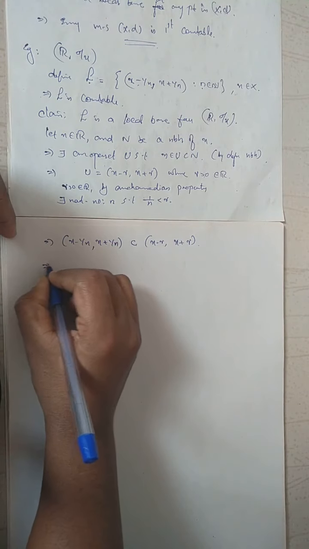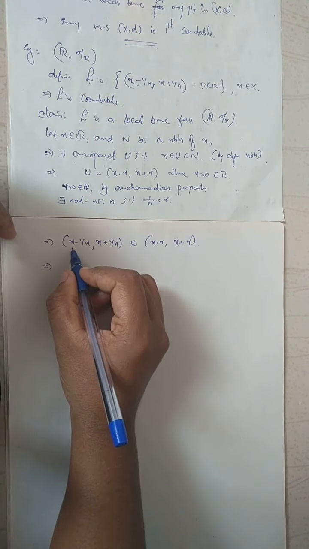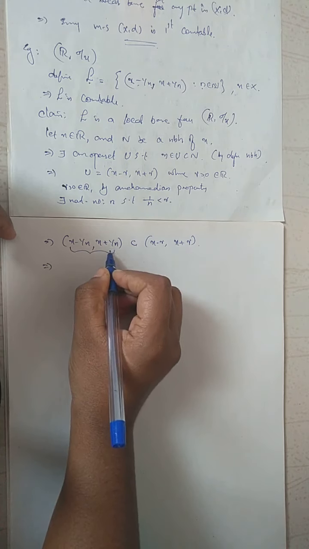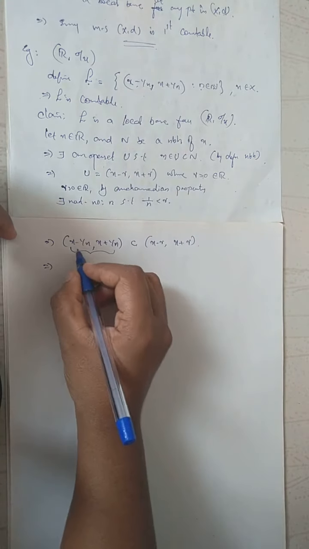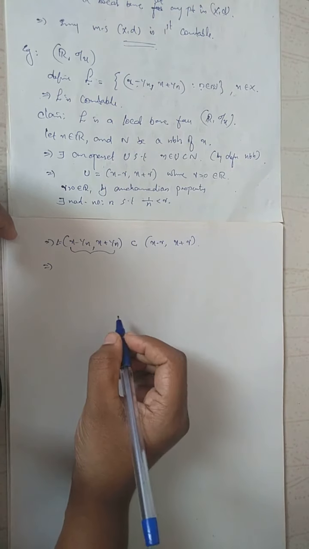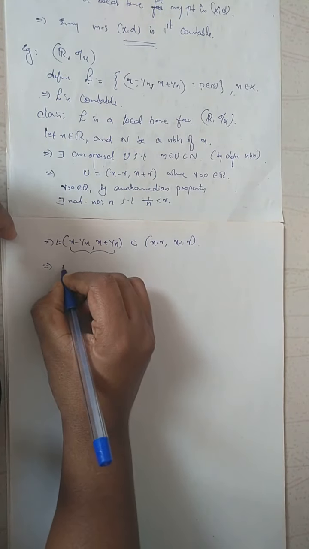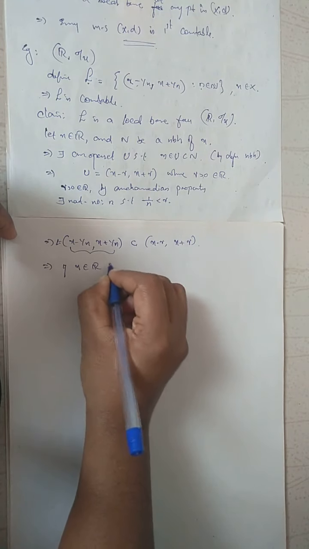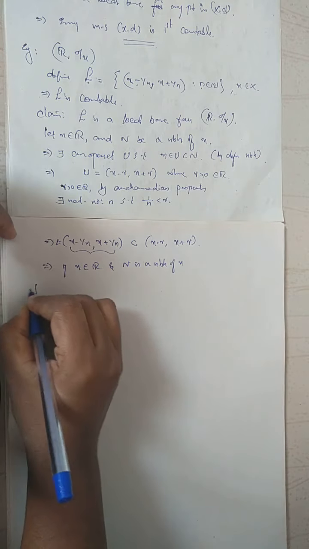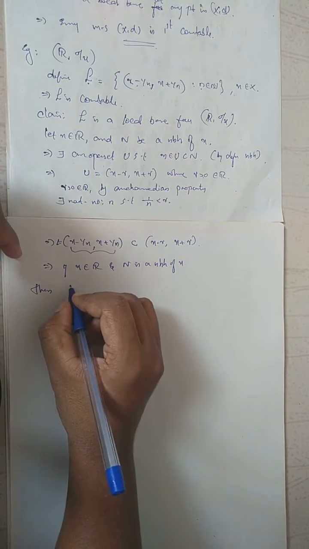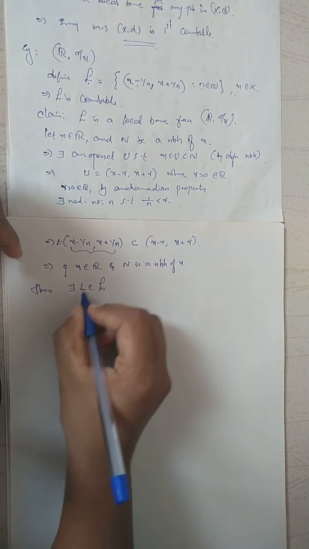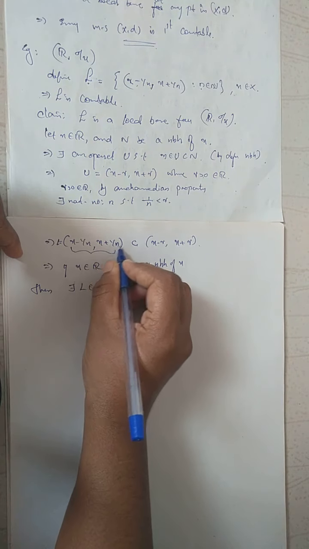Which implies, and what is this? This type of element belongs to script L, right? So this can be taken as some L. Then what do you get now? If x belongs to R and N is a neighborhood of x, then there exists some L in script L. That L is of the form x minus 1 by n, x plus 1 by n. This n is given by